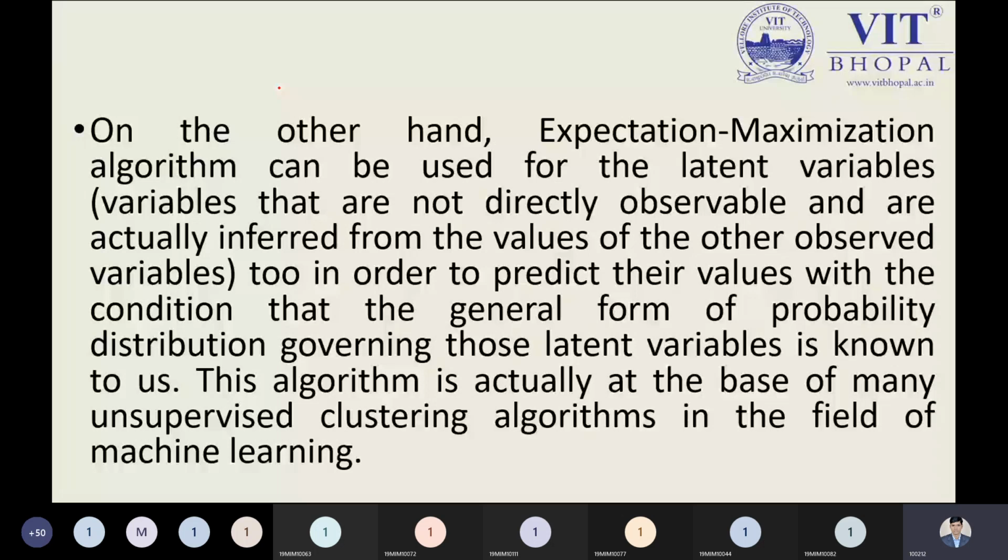From this point, we need to understand what is meant by expectation maximization. In the expectation maximization algorithm, you have to use a latent variable. And what is meant by the latent variable? That's why I explained the observable and unobservable variable discussion, and that is an important point. This algorithm is considered an unsupervised clustering algorithm. In the field of various machine learning approaches, if you try to solve by the expectation maximization clustering algorithm, then you can solve.